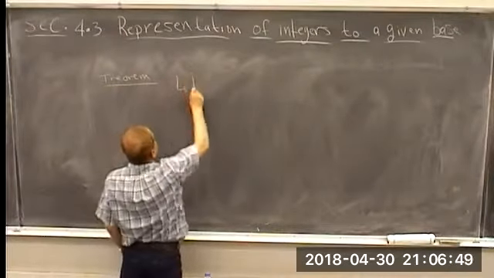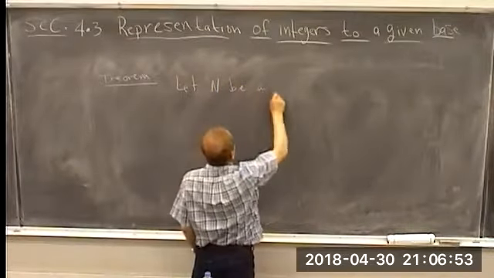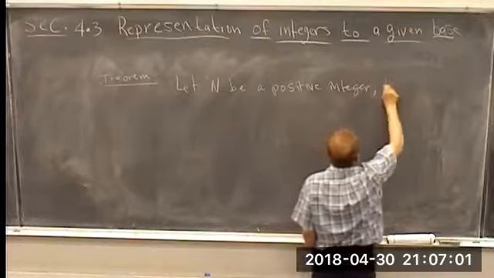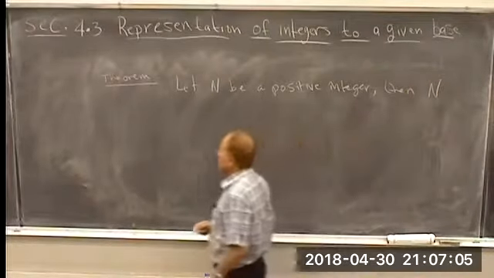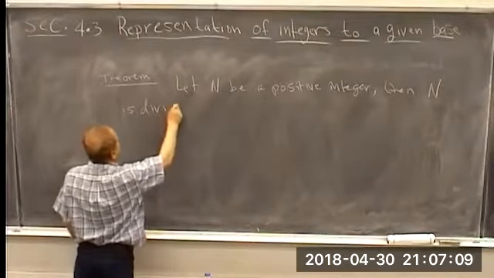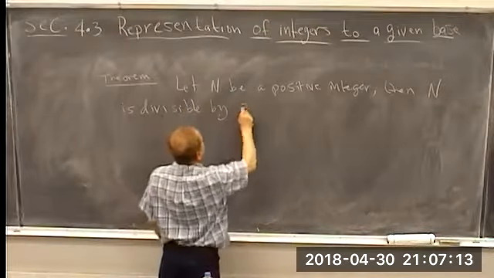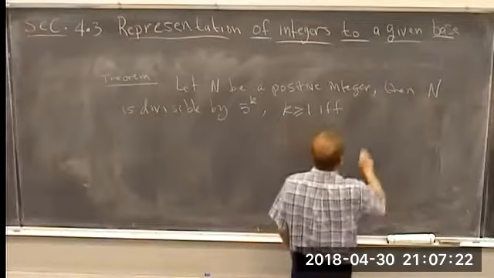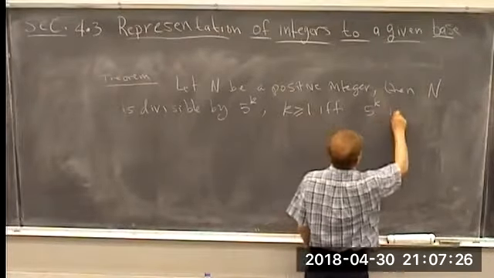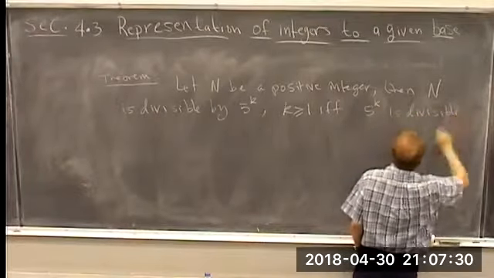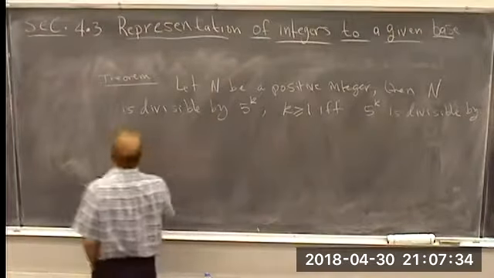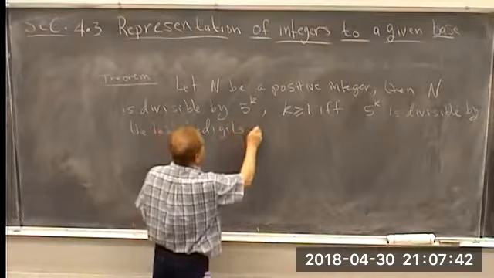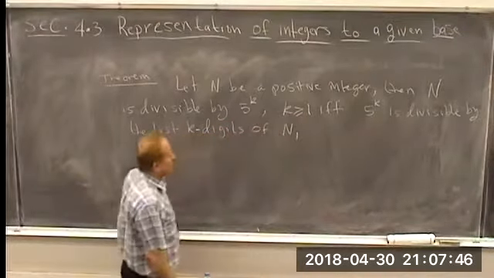All right, let n be a positive integer. Then n is divisible by 5 to the k, k bigger than or equal to 1, if and only if 5 to the k is divisible by the last k digits of n. So in other words,